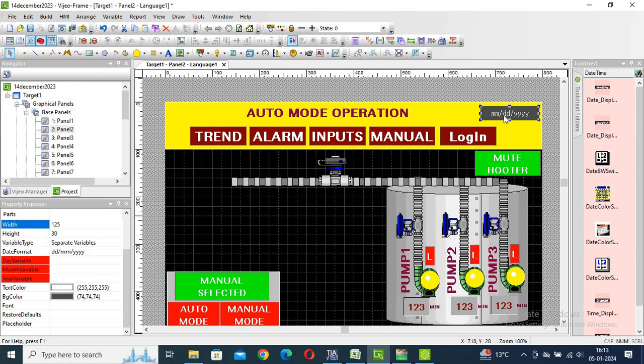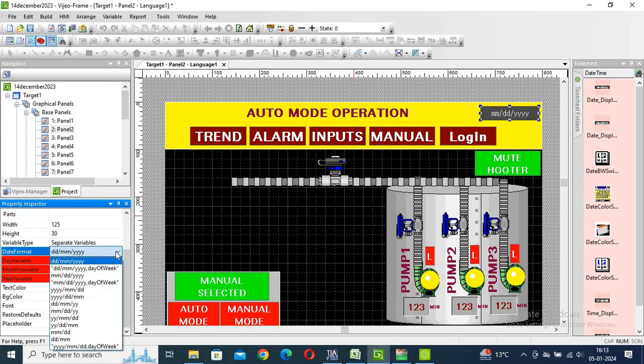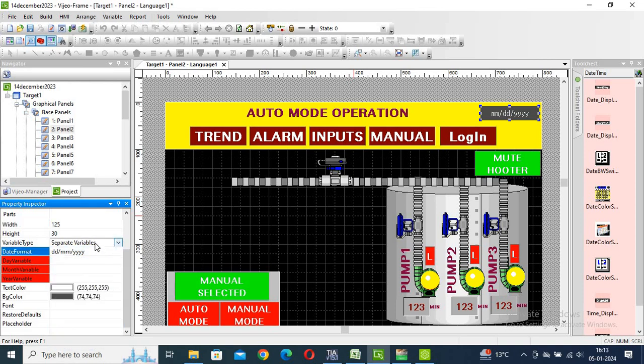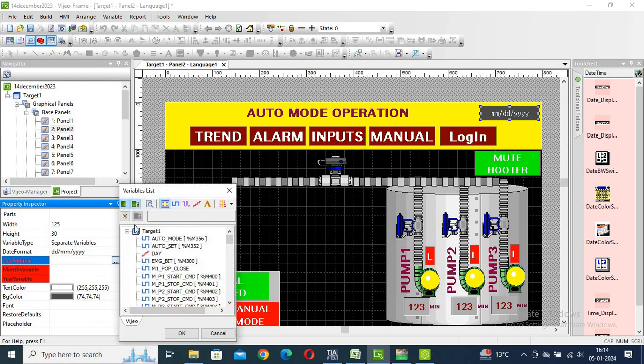Double click here, properties, and this is the format: day, month and year. You can change it from here according to your requirement. Okay, just I am taking a spare variable, and actually here the day value variable, you can click here and click the